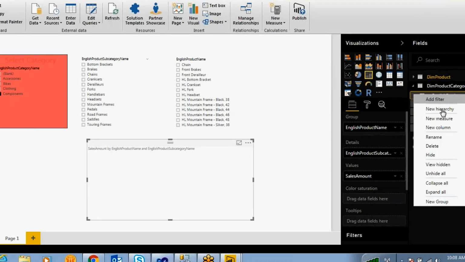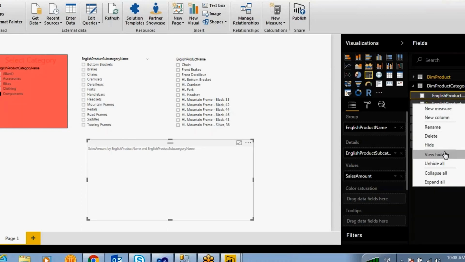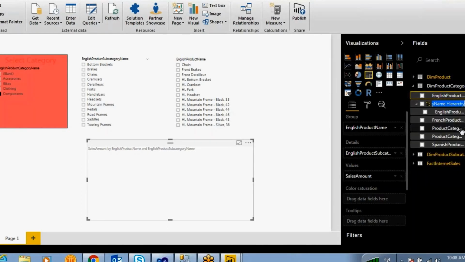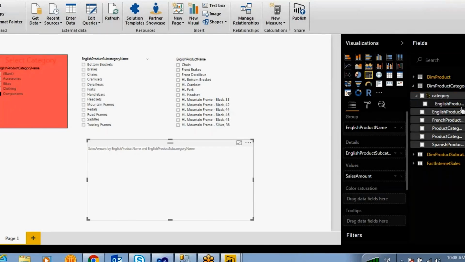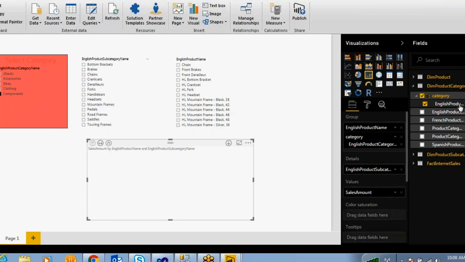So you just click on this column and create new hierarchy. If you want to rename that one, yes, you can rename the hierarchy name. What name do you want to give? I want to give category hierarchy. So under this category hierarchy, you have only English product name.